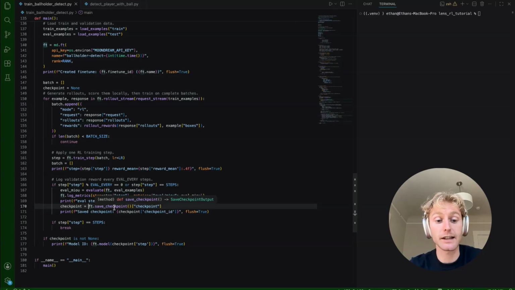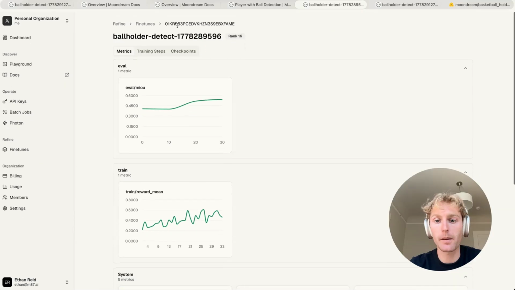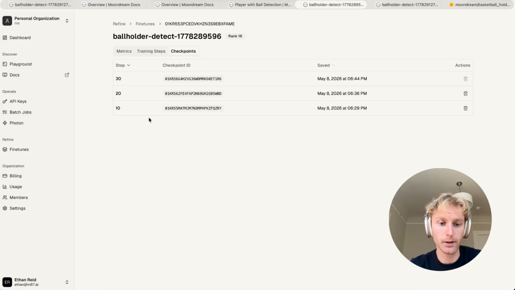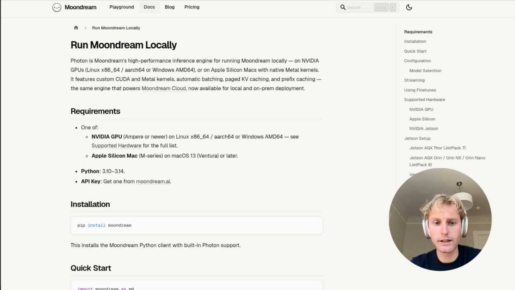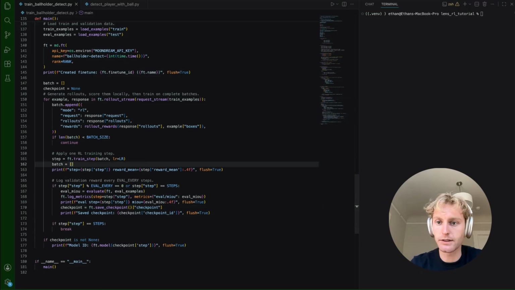The first thing we want to do is actually save the checkpoint, which we can do with ft.save_checkpoint. This will make that checkpoint available for cloud and local use. When you save a checkpoint, it'll also pop up in your dashboard under checkpoints. These are the training steps that you can hit when you want to try it in cloud or run it locally. To run it locally, we use our Photon fast inference backend, which is baked into the Python SDK. So let's actually do that here. I've already saved a checkpoint, so